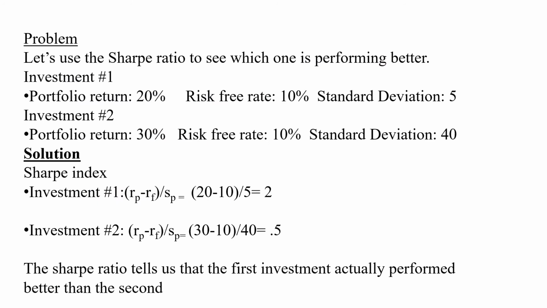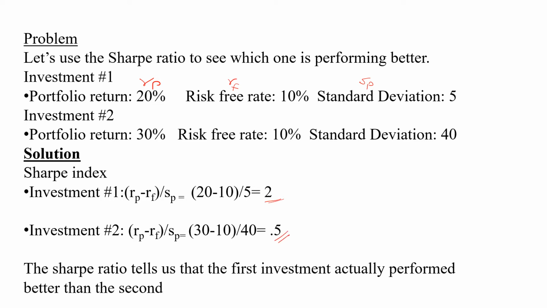Now coming to the problem, this is a very direct problem. You are just given two investment options, and you are asked to find out which is the better one using the Sharpe's ratio. So portfolio return, as I said here, this becomes the return on the portfolio. This is the returns from the risk-free investment, and this is the standard deviation of the portfolio. So this is directly given. So you write the formula, substitute the values, and find the values.